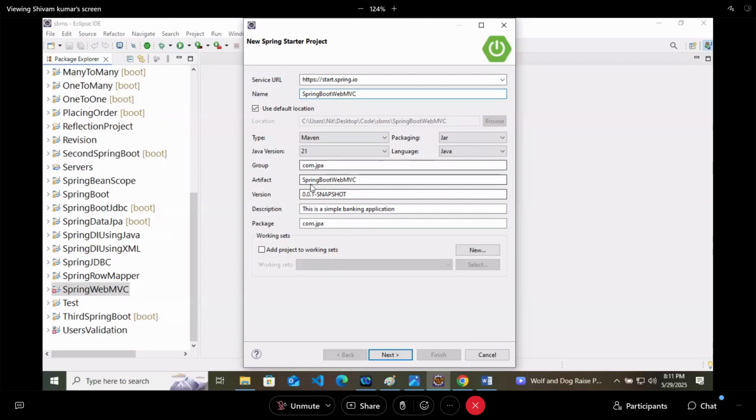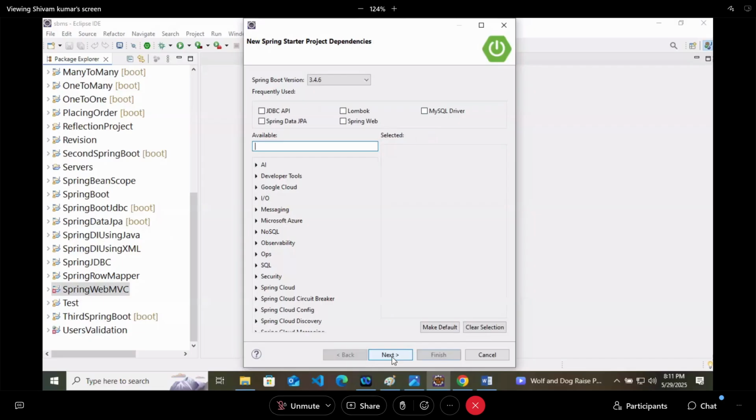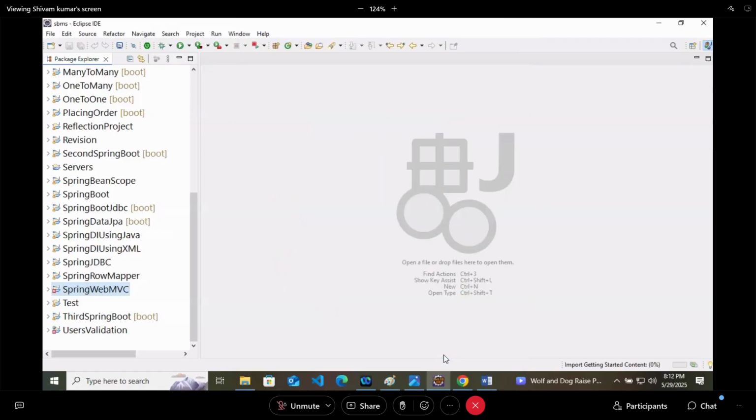Only Spring Web I will add and I will finish. So here the project is getting created.